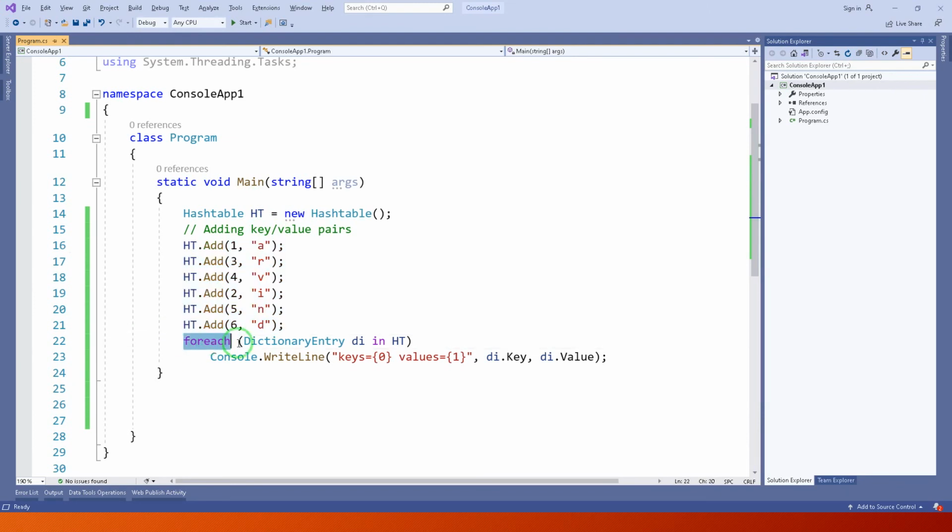In foreach we have written DictionaryEntry, there are objects in the hash table, and in Console.WriteLine key of 0 and value of 1, means in the place of 0 we replace the key, and in place of 1 we replace the value. Just execute this program and let's check the output.